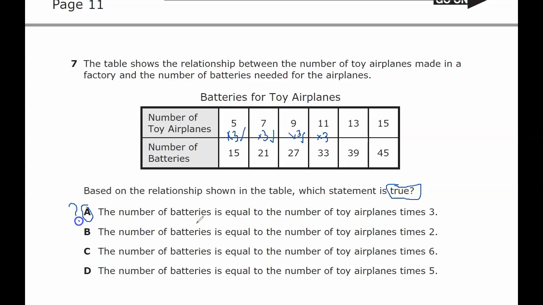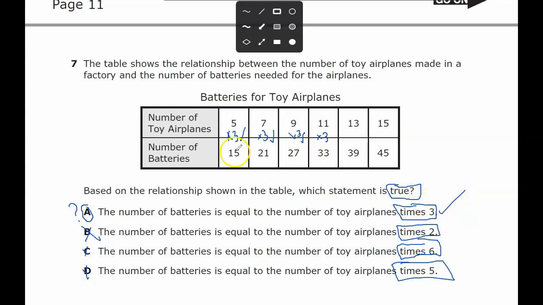Okay, now if I look at, so right here was times 3. If I look at times 2, I know that 5 times 2 is 10. So I know times 2 is not correct. If I look at times 6, I know that 5 times 6 is 30, which is not correct. If I look at times 5, I know that 5 times 5 is 25, which is not correct. So the only one that works here